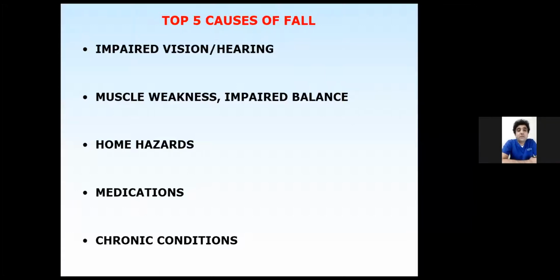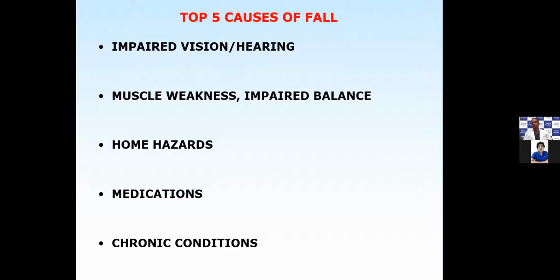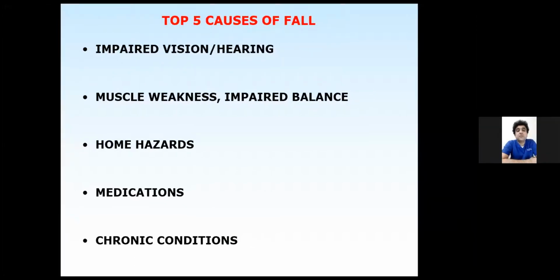The fourth important thing is medications, and this is something we often see in hospitalized elderly people or those with multiple medications. This is called polypharmacy. The risk of polypharmacy is very high in the elderly. You might have seen that a lot of elderly people have a huge list of medicines. For each condition, they tend to take 1 or 2 medicines, and that runs up to around 10 or 12 medicines in total. So polypharmacy is a very important reason for falls. And when we evaluate an elderly person, we look at each and every one of these medicines and ensure that